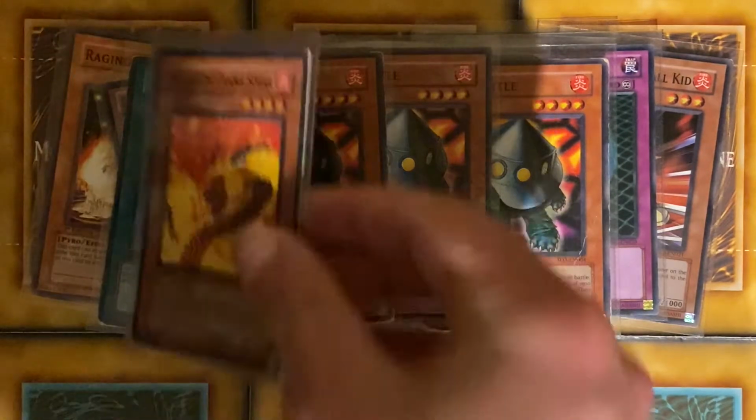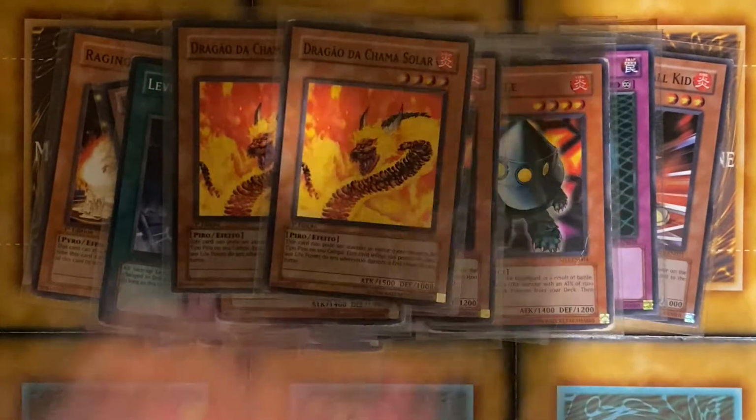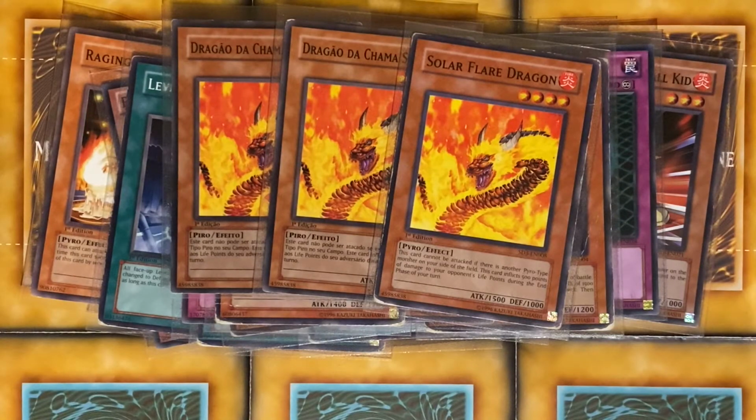And to round off the fire monsters, I also play 3 copies of Solar Flare Dragon. This card has really, really awesome artwork. It's a pyro monster itself, and it also can't be attacked if you control another pyro monster, so getting 2 copies of this guy on the field at the same time will lock your opponent out of attacking either of